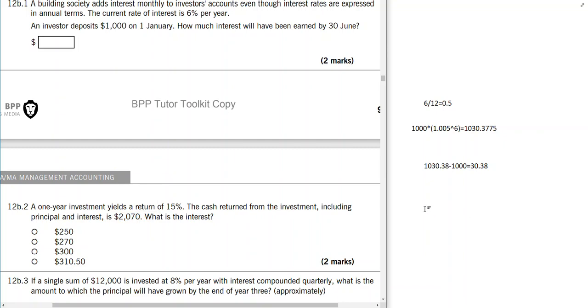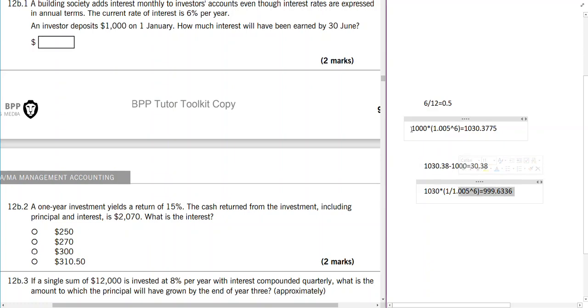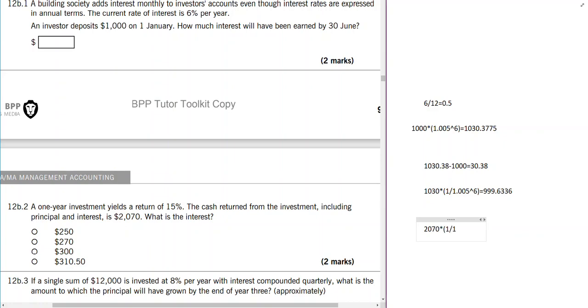If this is the future amount, remember when we roll interest forward, like in this question, if I take this 1,030 and multiply by 1 divided by 1.005 to the power of 6, it will give me that original amount, which is 1,000. The opposite of compounding is called discounting. Discounting is used in NPV as well. So if I take 2,070 multiplied by 1 divided by that compounding formula,